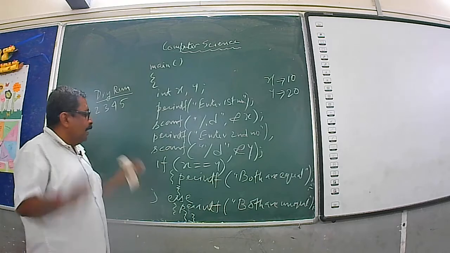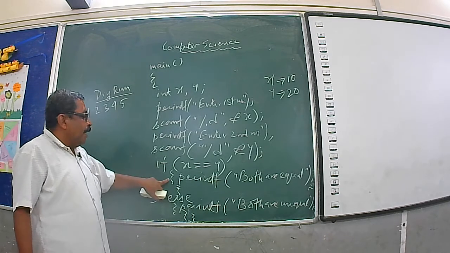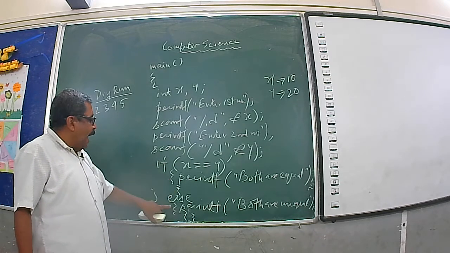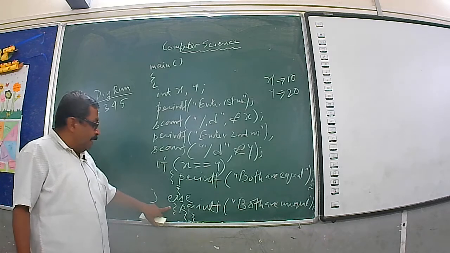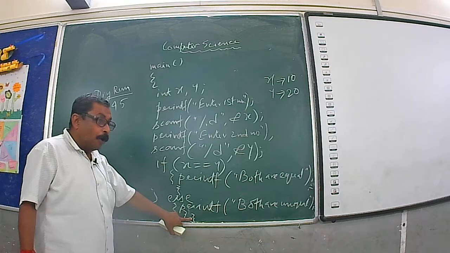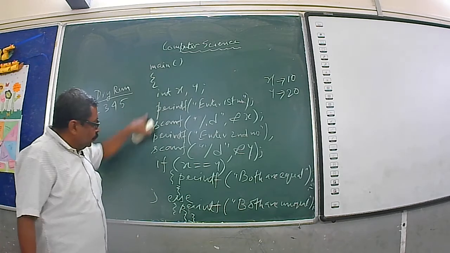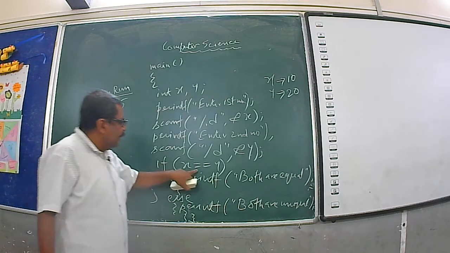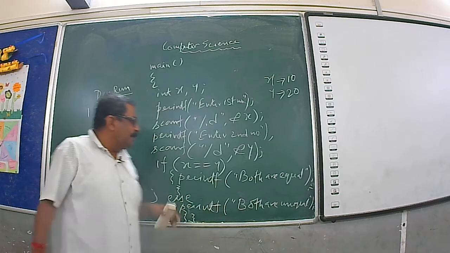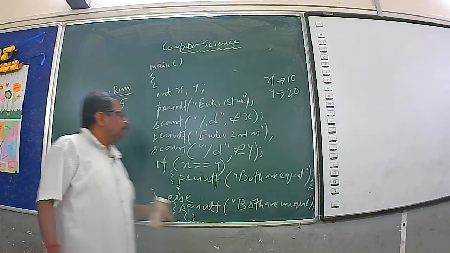Just go for the last point, branching. After if, curly braces open, braces close. After else, again braces open, braces close. This last closing brace is for the main program. So these are the uses of is equal to. What is the purpose of the is-equal-to operator? That is the use of is equal to within a program.